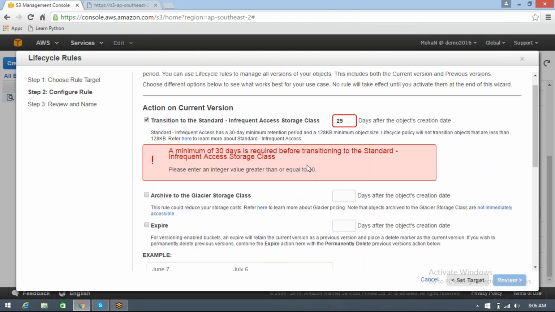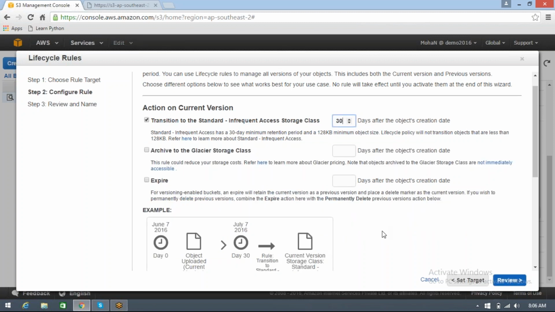Okay, a minimum of 30 days is required before transitioning to the standard infrequent access storage class. Please enter an integer value greater than or equal to 30 days. That's what the point is. So you must wait for 30 days to move data from the storage standard class to storage standard infrequent access. And with respect to that, there is a particular project data which we have not accessed